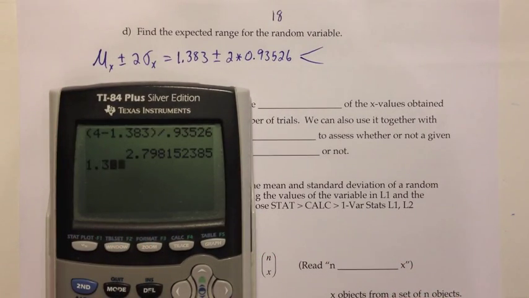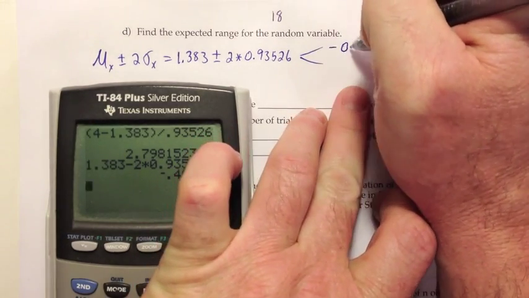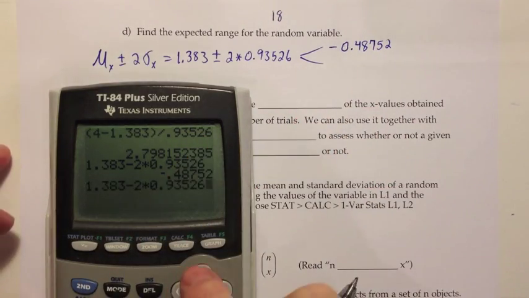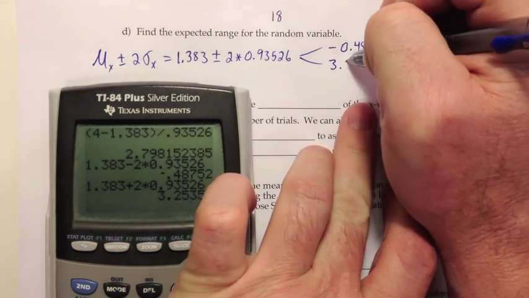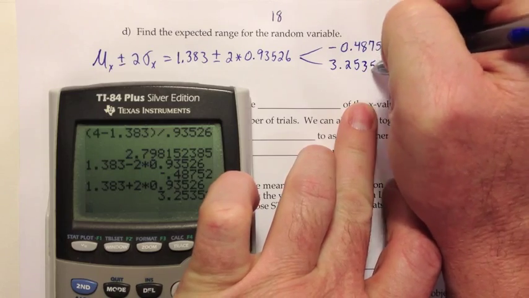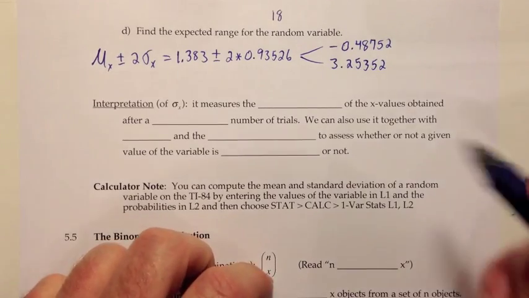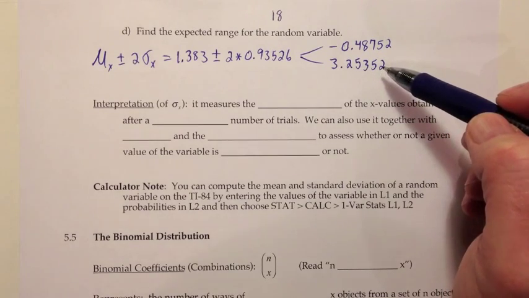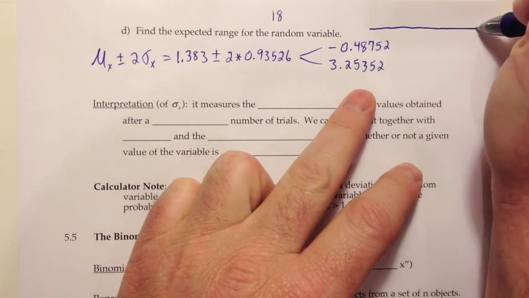So 1.383 minus 2 times 0.93526 gives negative 0.48752, and if I do that with a plus sign, I get 3.25352. Now, if the variable we were working with was continuous, I would say the expected range is anywhere between negative 0.48752 and 3.25352 goals. But when you have a discrete variable, you want to think about what are the possibilities for your